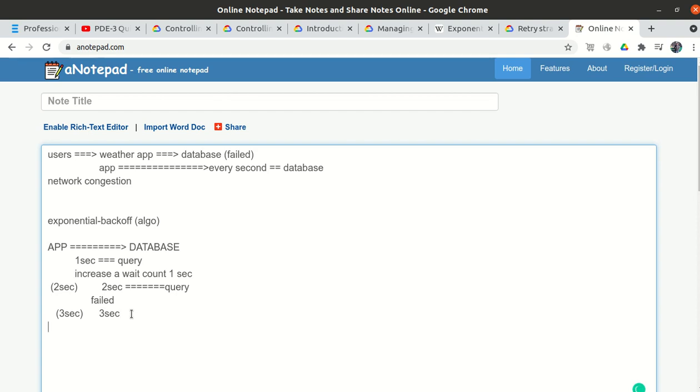Similarly, if again it gets a failed response, then it will wait for 4 seconds, then retry. If it again gets a failed response, now it will wait 5 seconds and then retry. So we are increasing the wait time exponentially. That's why it is called the exponential backoff algorithm.